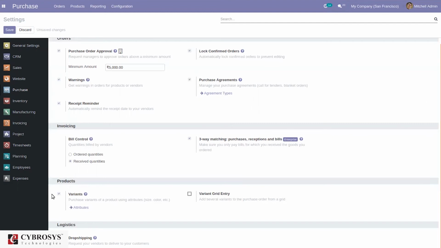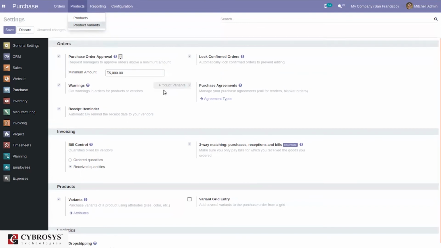Okay, then here we have an option for managing product variants of a product using attributes like size, color, dimension, etc. Directly from here we can configure attributes, or we can just come under configuration and configure attributes. When you do that, after that you can create variants from your product configuration, and we can see the created product variants.